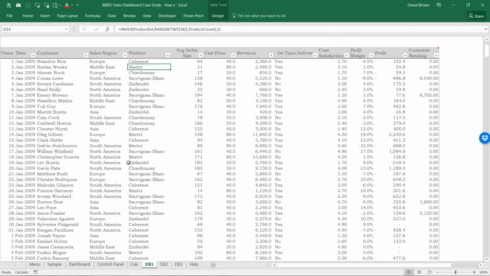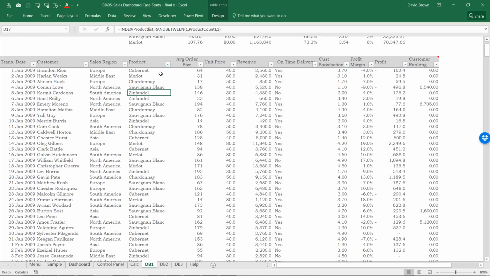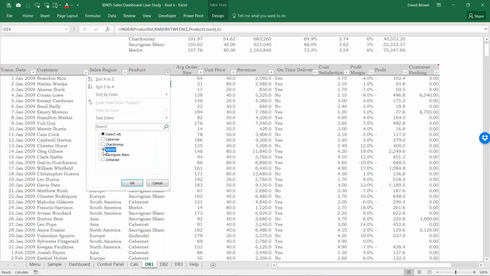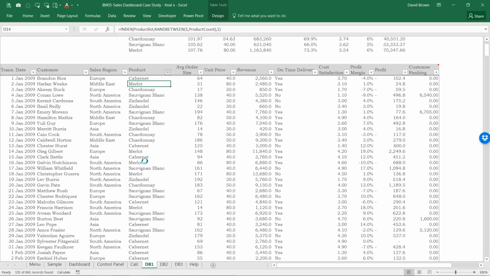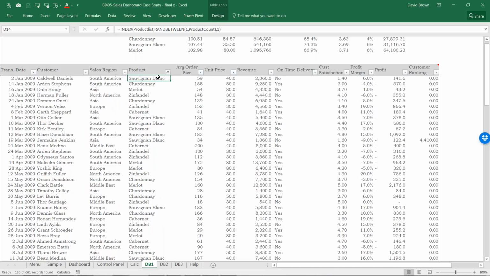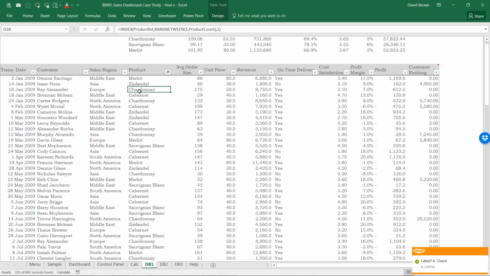Excellent summary. So let me try and describe this by looking at these tables. Somebody may say, okay, these are all wines, so I want to see the total revenue from Merlot in the Middle East. What SUMIF does is what a filter does. If I filter my product by Merlot, everybody knows filter here, obviously, all this will filter by Merlot. We've created an interesting table that automatically updates every second, so this would be a good tool to use. Let me use something else.